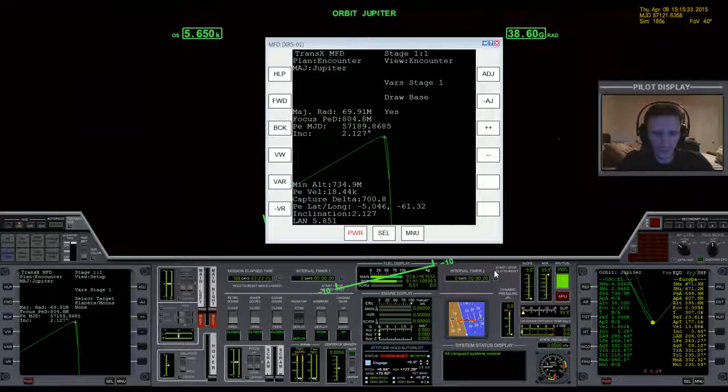I want to see if I can get a little bit closer to an equatorial plane around Jupiter, because according to Orbit MFD, and now having the frame set correctly to equatorial, I can see that the inclination of Europa around the equatorial plane of Jupiter is 0.48. So let's go ahead and start setting up a TransX maneuver here. Turn maneuver mode on, and we'll go through the date first. We'll bump it forward by adding 50 to this number. That gives me about 7 minutes, which is usually enough. So if I make this